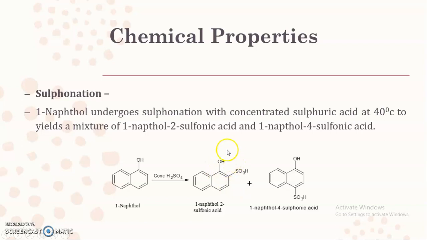Because we clearly know that this hydroxyl group is acting as an ortho-para director. In the directive effects of benzene, we have seen that the hydroxyl group acts as an activator of the ring as well as an ortho-para director, due to which the incoming electrophile is directed towards either the ortho or para position, and that's why the 2-sulfonic acid derivative or the 4-sulfonic acid derivative is formed.